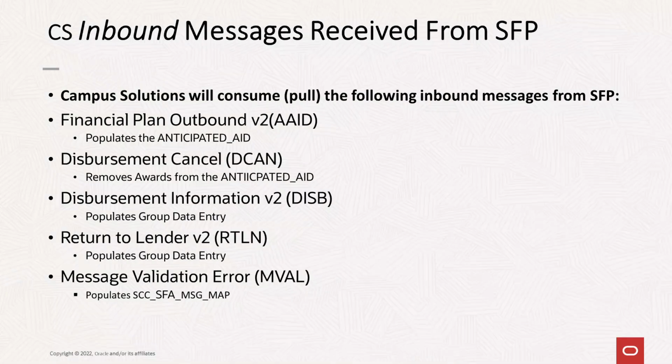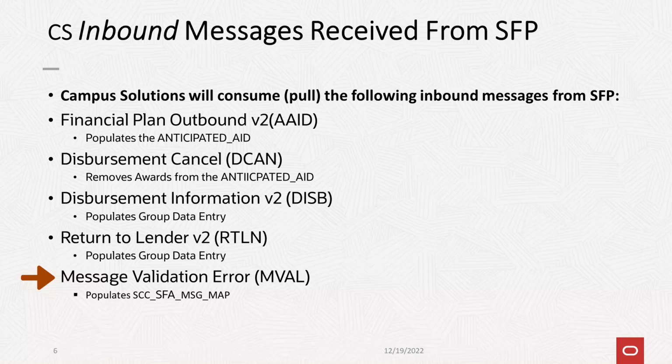The next 2 slides identify SFP's messages that CS will consume. Financial plan outbound is a message that CS will use to populate the anticipated aid table. Disbursement cancellation removes awards from anticipated aid. Disbursement information version 2 populates group data entry. Return to lender also populates group data entry, and message validation error populates the message map table with any errors